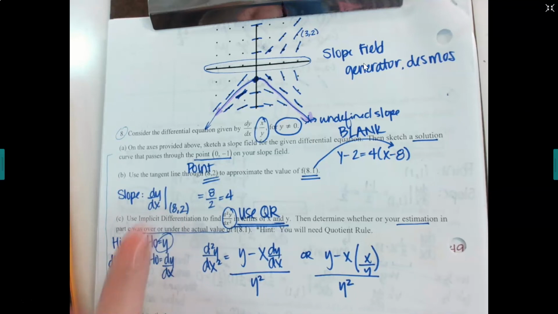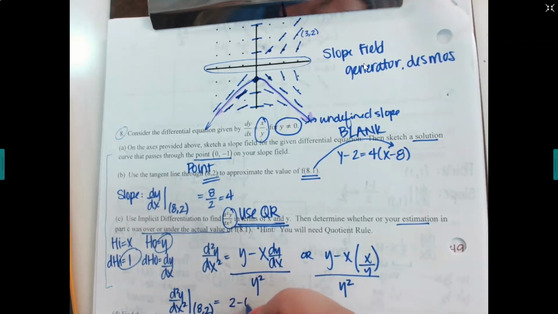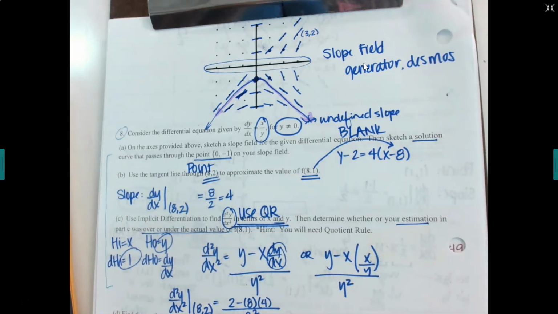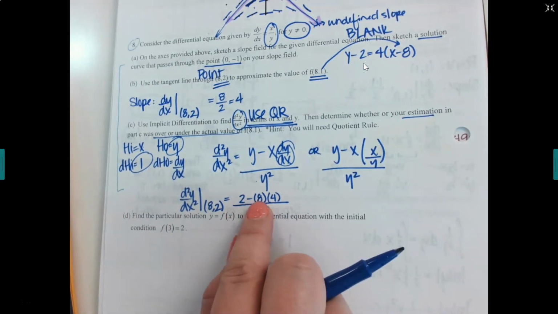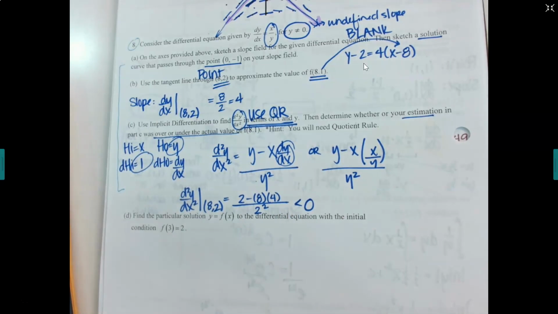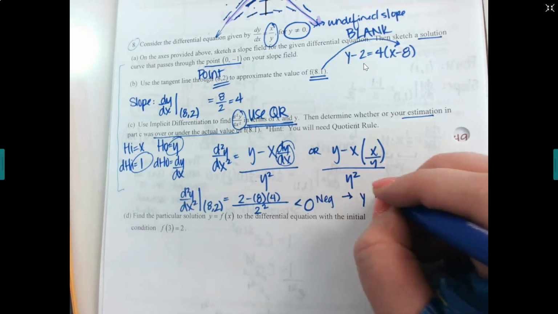Then to determine if your estimation is over or under the actual value, you would have to sub your point in from up here. So d squared y dx squared from part B at the point 8, 2 is going to be my y value 2 minus my x value 8 times my dy/dx value, which was 4. And then divide by my y squared, which is 2 squared. Now notice that I don't know exactly what that number is, but I know that if it's 2 minus 32, that's going to come out to be negative. And if that comes out to be negative, then that means that my graph of y is concave down